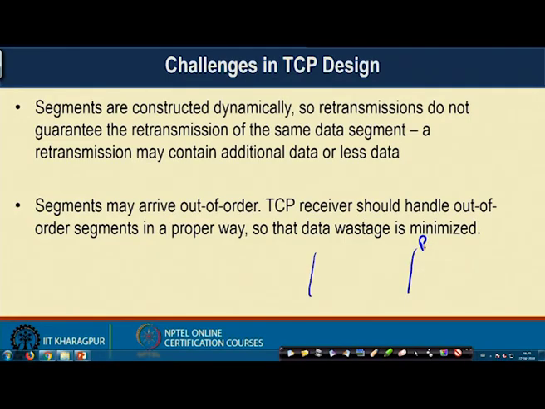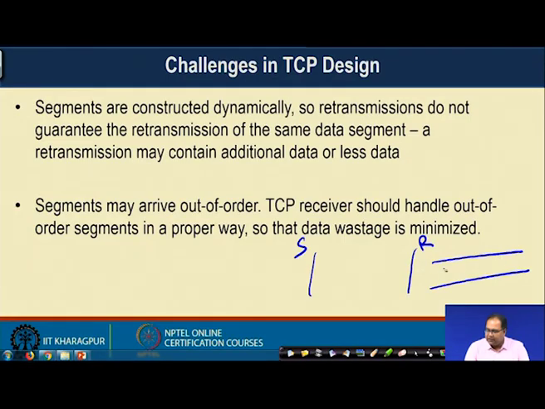is minimized. So, if you are applying Go-Back-N ARQ, and you just think that if I am receiving something out of order, I will not put it in the buffer, because anyway the sender will retransmit the entire thing altogether, that is not a wise idea. Why? A small example: this is the receiver, this is the sender. At the receiver side, say you have received from 100 to 120, then 121 to 150 you have not received, then